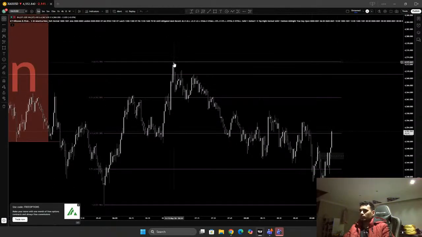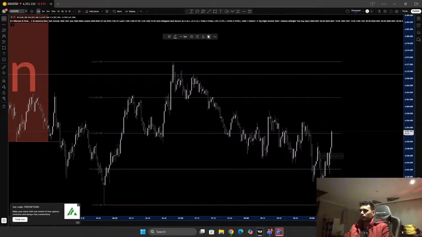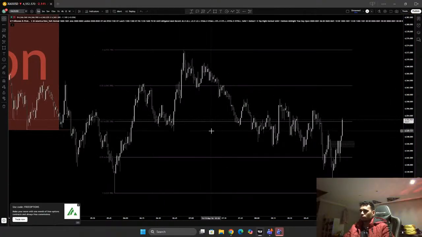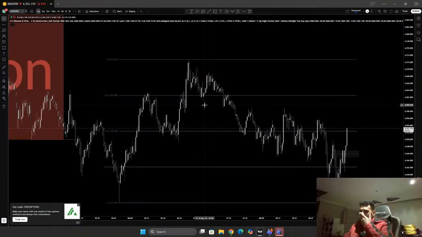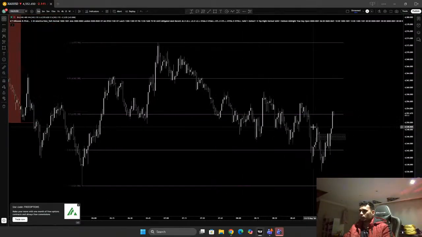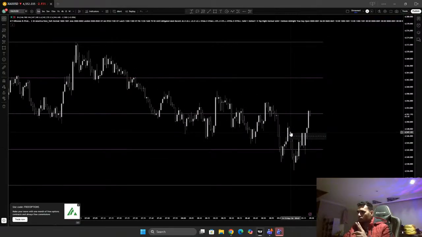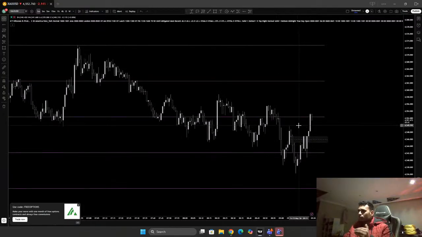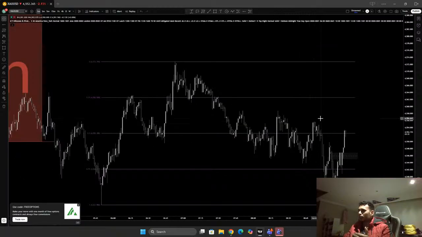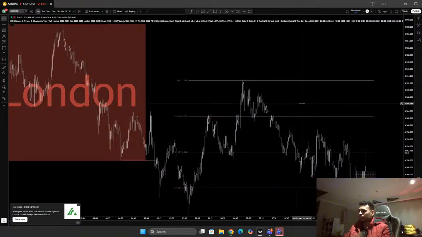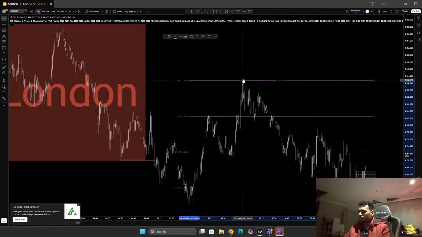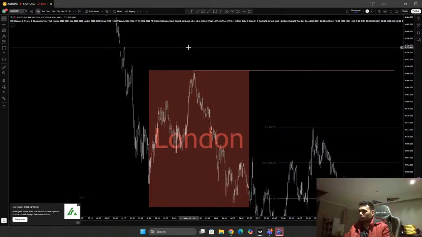So my target would be this. I want to delete this first. Now we are focusing on this. So my target would be this. So you got a really good inversion. Like we have three things, bro. One, two, three, four. So three inversions, one breakup structure with fair value gap, which means we can expect the price to continue higher till this range of liquidity. So this should be my first target, and this whole thing should be the liquidity, right?